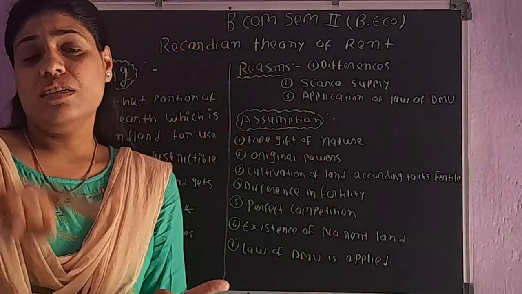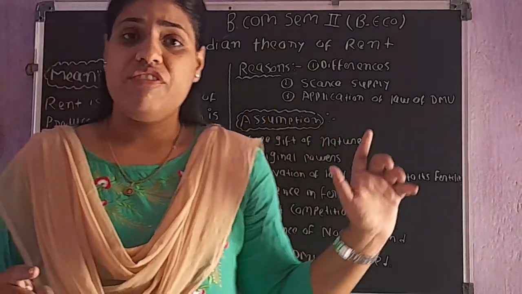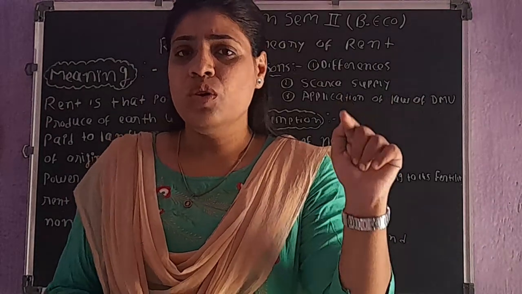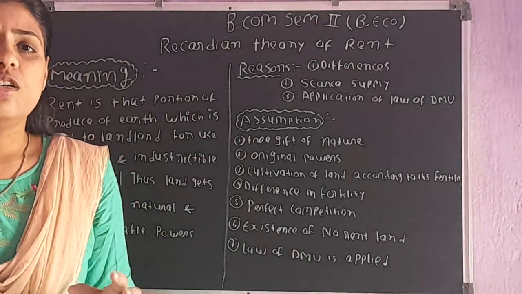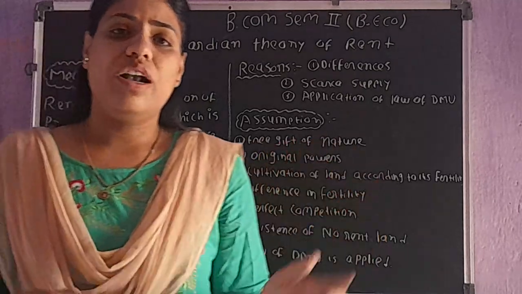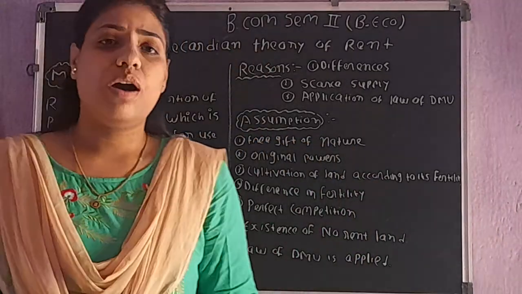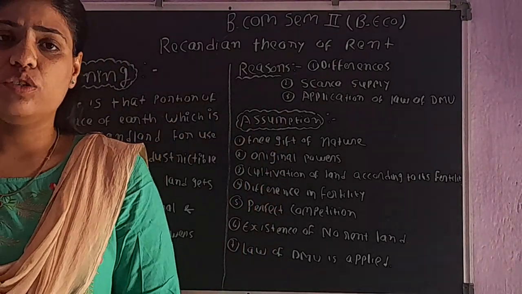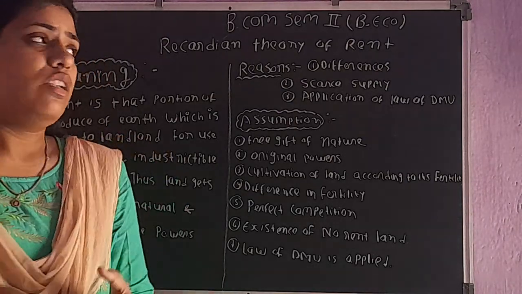Now, the resources owned by Mr. B are being used by Mr. A for his own use. So Mr. A is going to provide some return to Mr. B for using his resources, and this return or reward is going to be termed as rent. Basically, when we talk about rent, it is the return which is given to the owners of factors of production for getting the services of those factors of production.